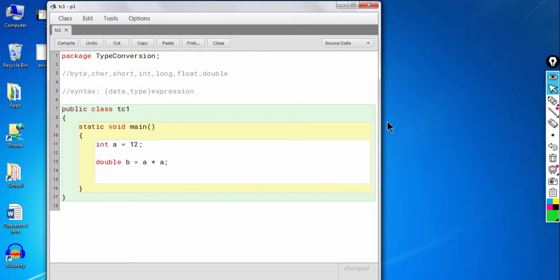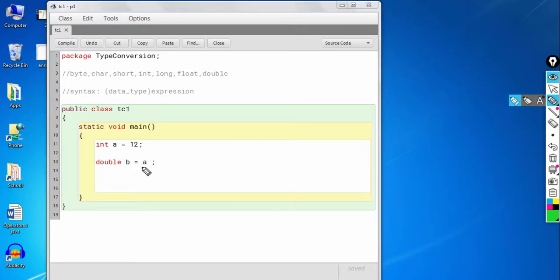So I am just calculating the square, or no need to calculate the square also, I am just assigning it into a double variable, okay. So this is what, this is upgradation, isn't it? Integer, a smaller data type, is being upgraded to double. So implicit conversion will happen, right? Let's print the value of b and see what is the output.